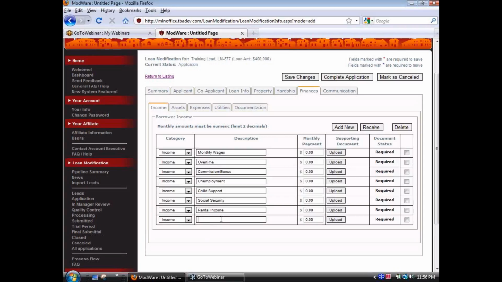You'll see a new field has generated here, and you can type profit and loss. You can enter the amount on a monthly basis. Let's go with 3,000 and so forth. Now, keep in mind for the rest of this training that a lot of these fields